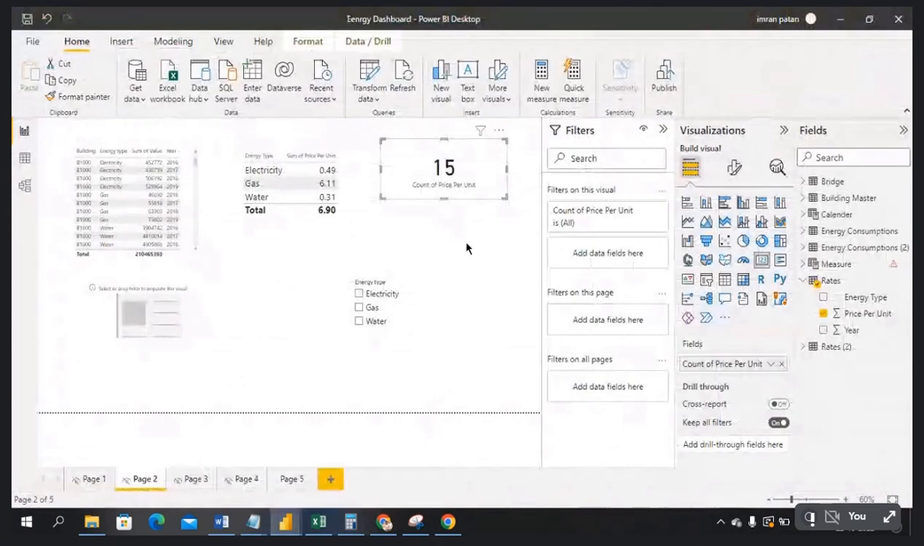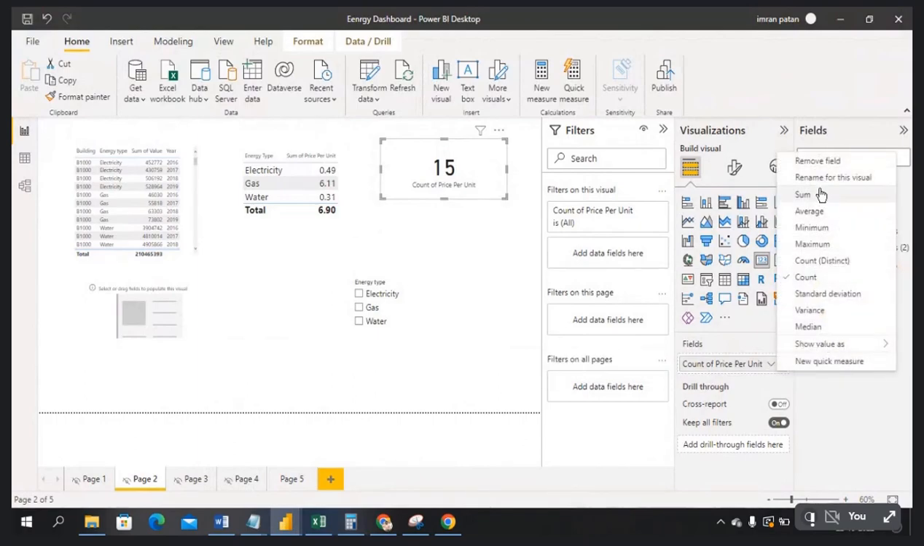Now this is called implicit measure. Okay, the basic level of DAX that Power BI allows. So sum is an aggregation DAX, average is aggregation DAX, minimum is aggregation DAX, maximum is aggregation DAX, count distinct is aggregation DAX. So count distinct means, for example,